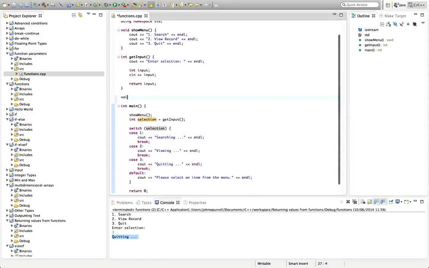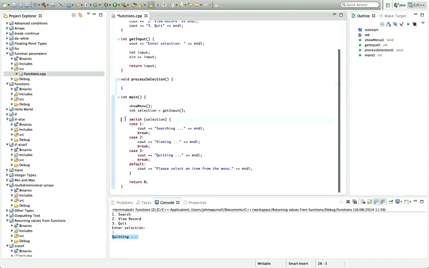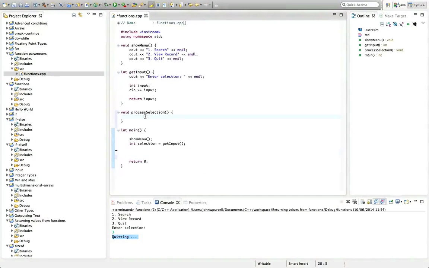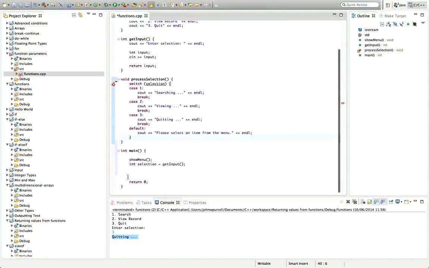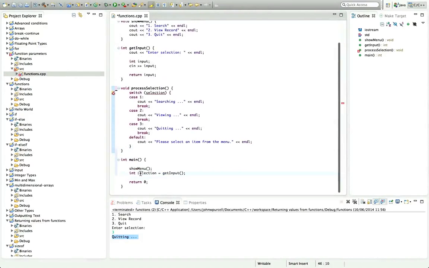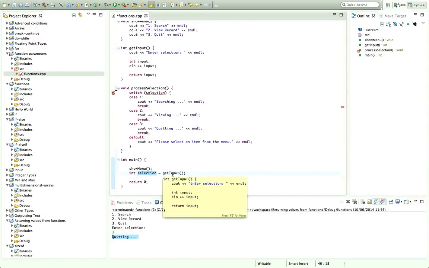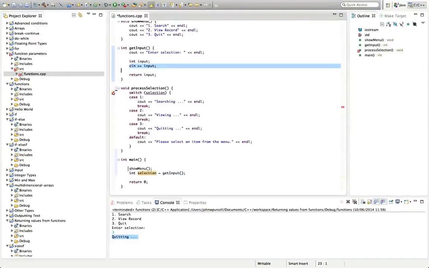So I'm going to type void process selection. Process input, it doesn't really matter. I'm going to take this switch statement, cut it, and paste it into process selection. The problem we have now is that the selection variable, which is the user input that we get from here, is not available in process selection. To make it available, we can type stuff in these round brackets here. So we want to pass an integer to process selection, and I'm going to type int selection in these